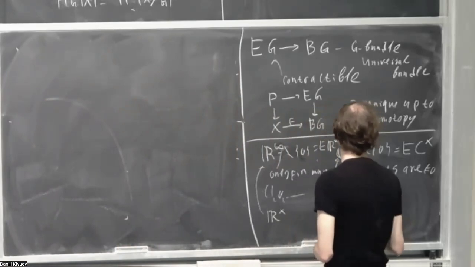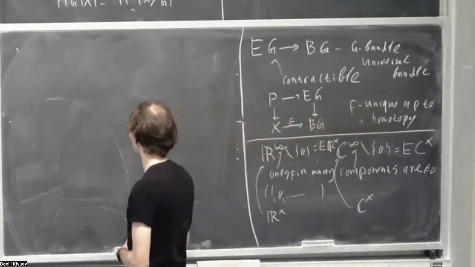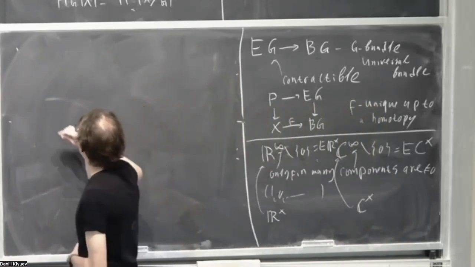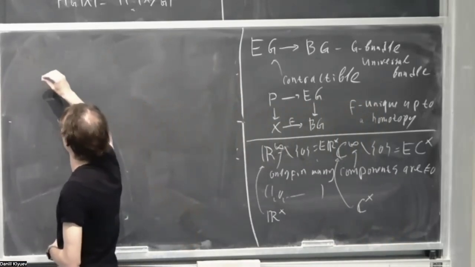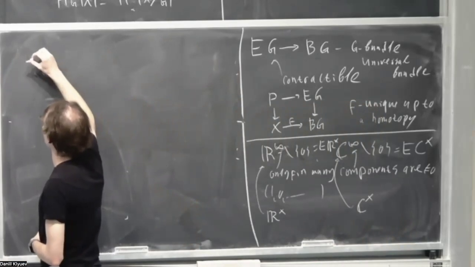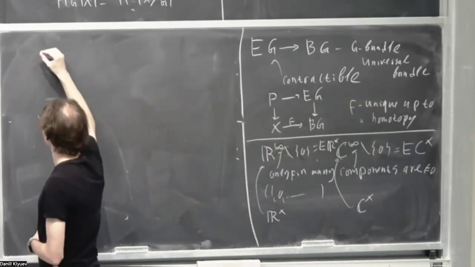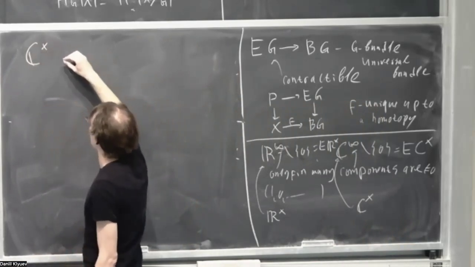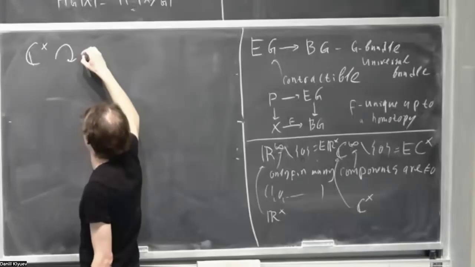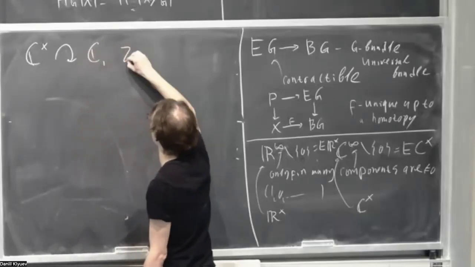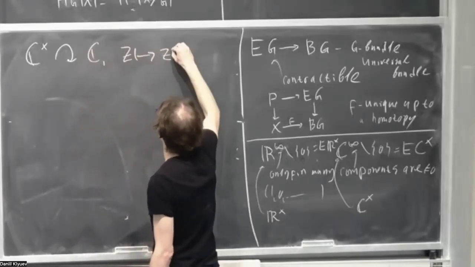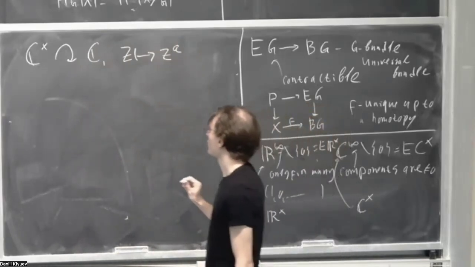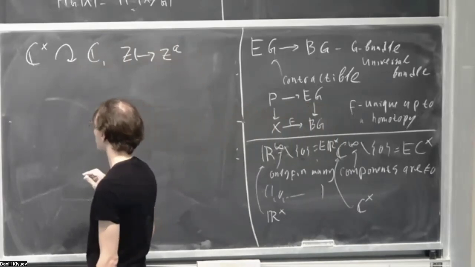Like, repeat a bit more generally. So let's say we consider a representation of C star, the one-dimensional torus, on C, which goes as z goes to z to the a. And let's form the